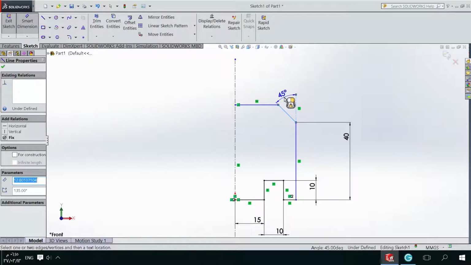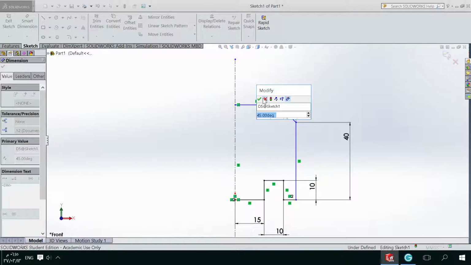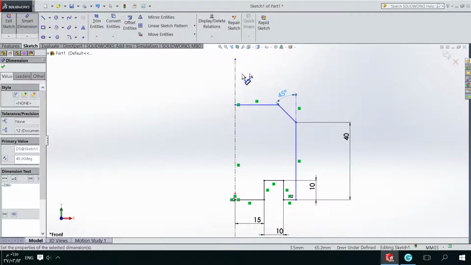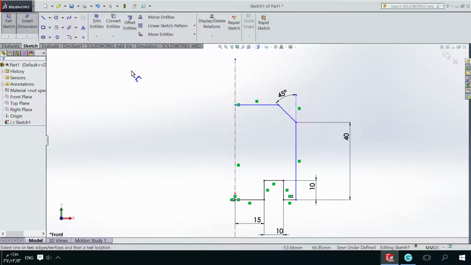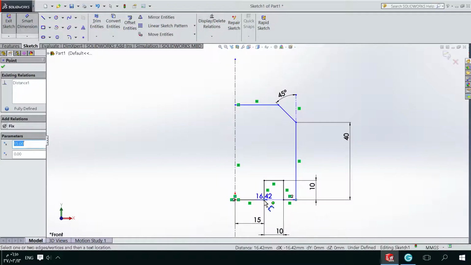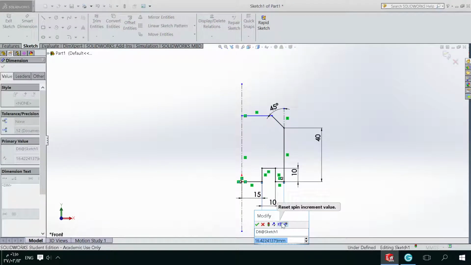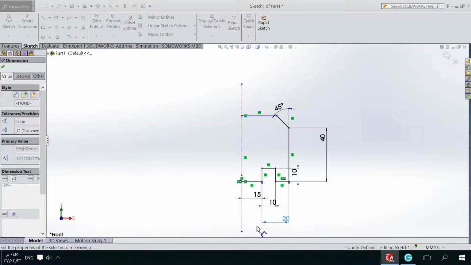So now we can guess it's a 45, okay, yes, okay, and so now it's 45. So now I am good with this. Let me also put another dimension. For example, this dimension here is 20, okay, and here is 15, right, here is 40,